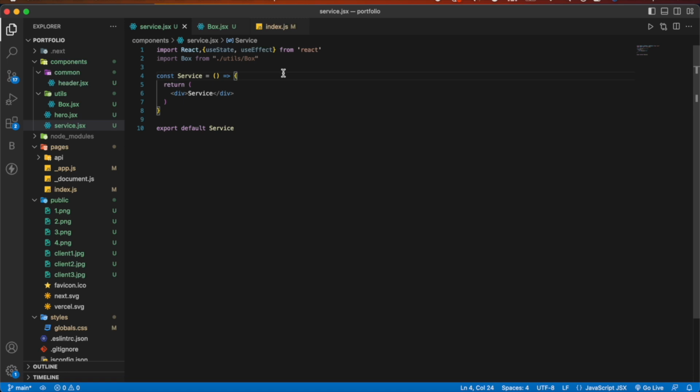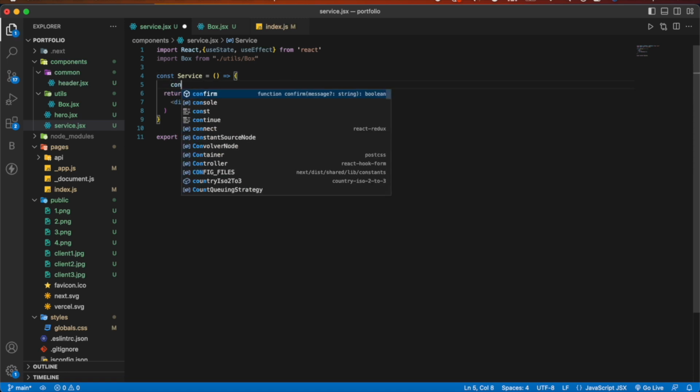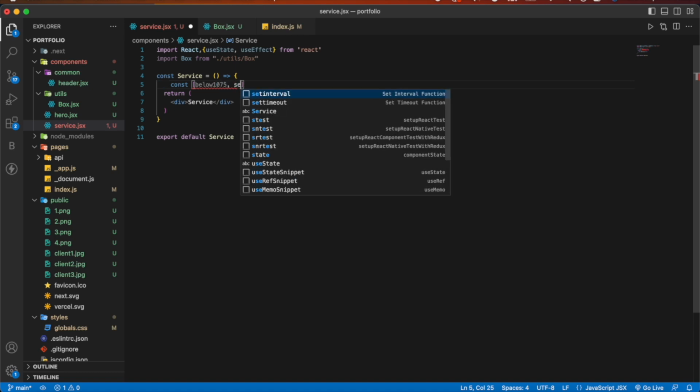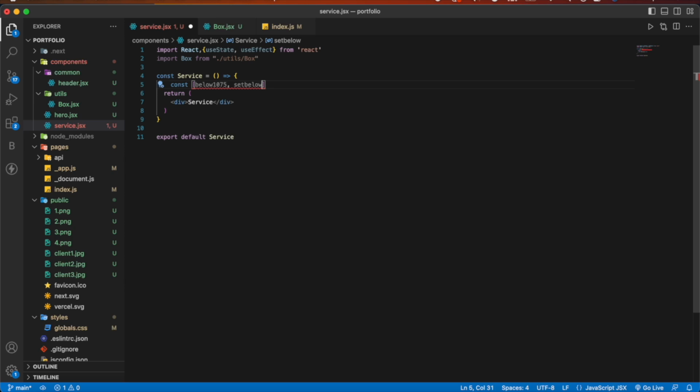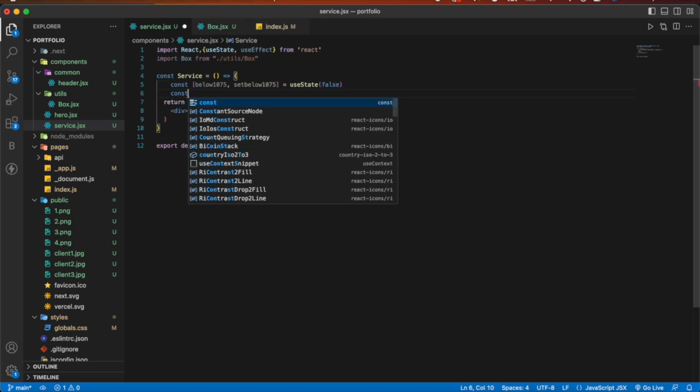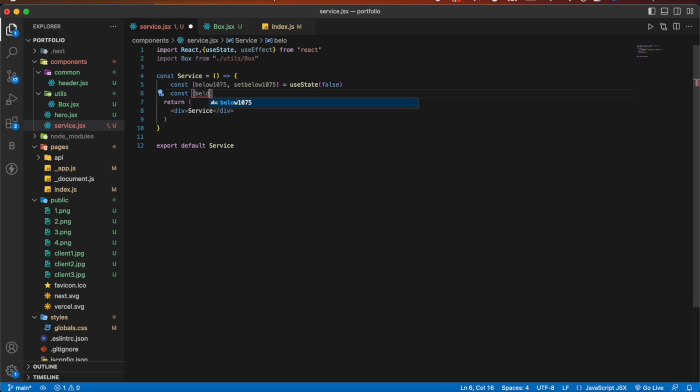So let's first make some states here. const below1075, setBelow1075 useState false, and then another below790, setBelow790 useState false,